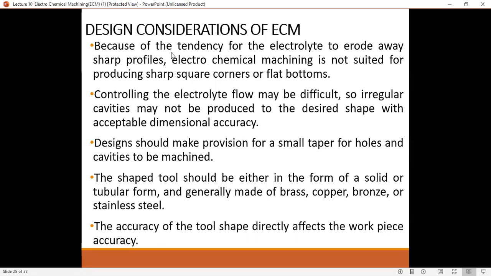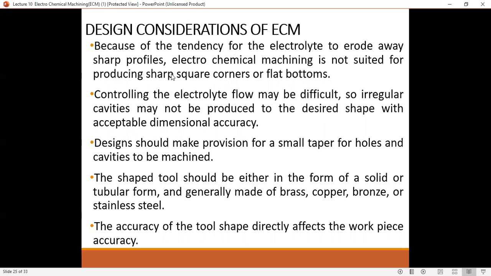So it says here, the tendency of electrolyte to erode away sharp profiles, electrochemical machining is not suitable for producing sharp corners or flat bottom. So if you want your end product to have sharp corners or sharp profiles, you won't get it within the ECM process, because in the ECM process, it tends to erode away sharp profiles, because whenever you have a sharp profile, then basically that's the easiest way for the